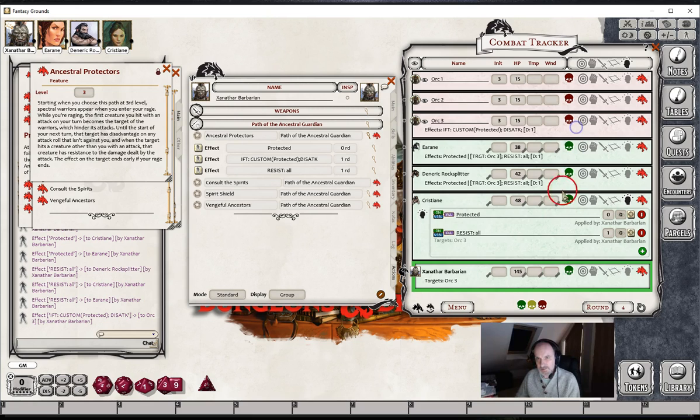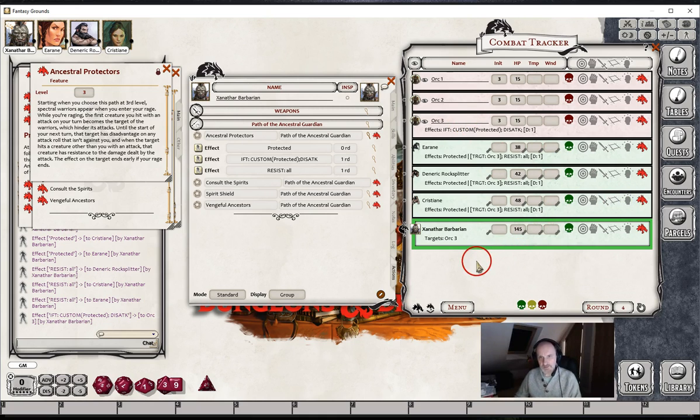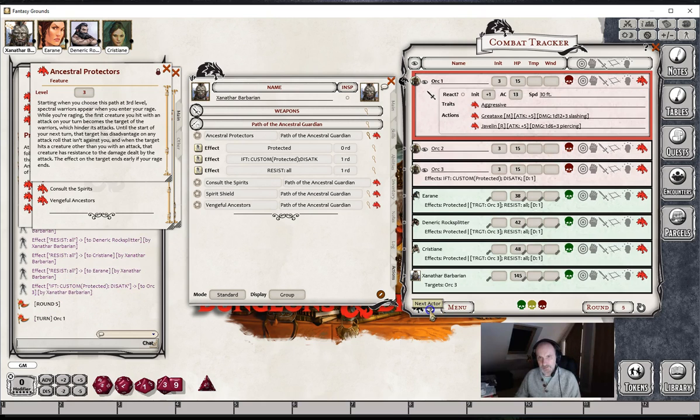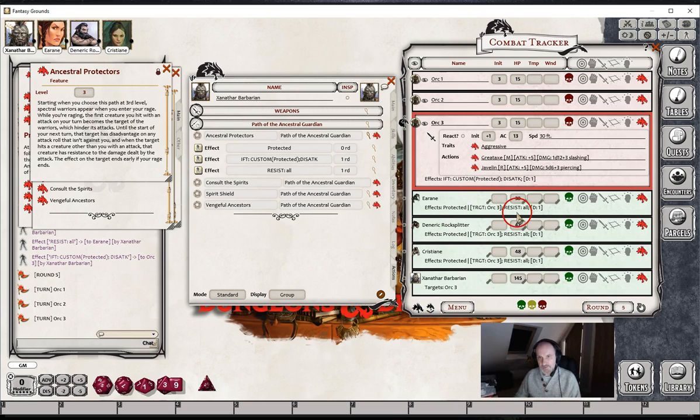And once he's done that, you can see here that this effect is now targeting Orc 3. So what this means is that if Orc 3 should damage any of the Barbarian's allies, then the allies will resist the damage that's dealt from that attack, but only from that Orc. So if we test all of this out now, supposing that we come round to Orc 3's turn,